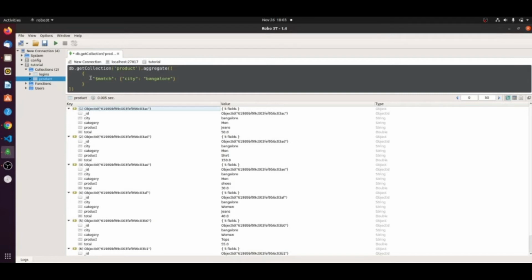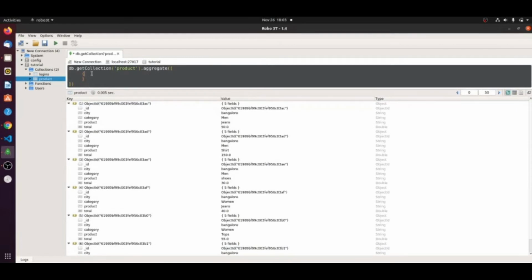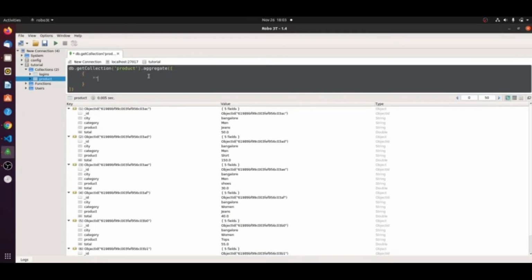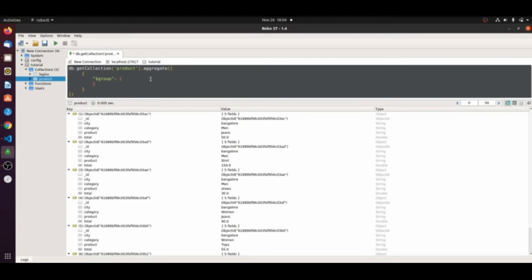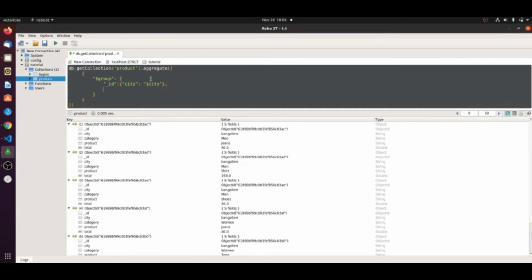So here we have to group by the ID, city, and the total number of products.